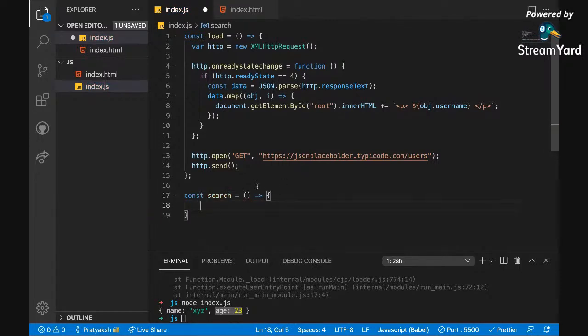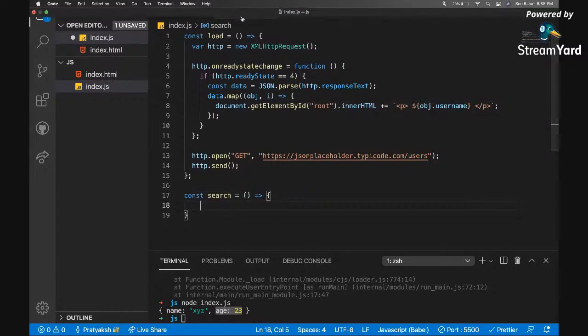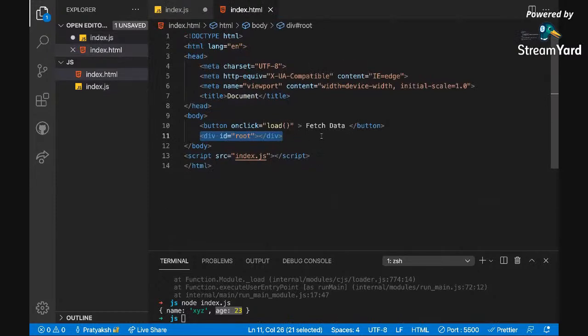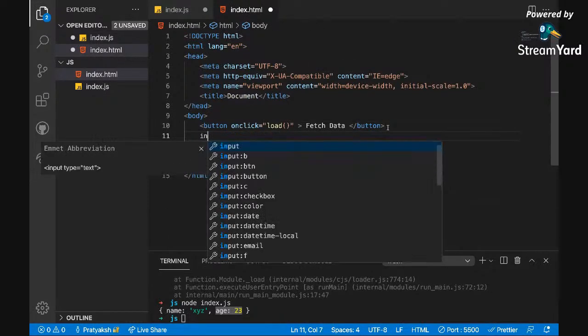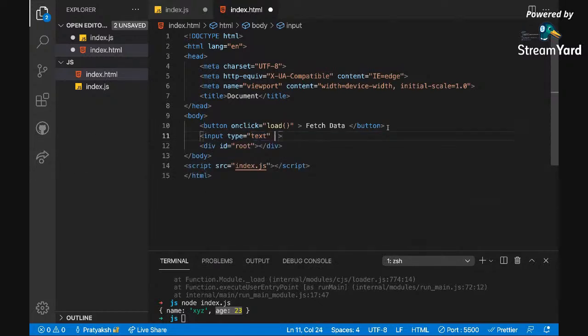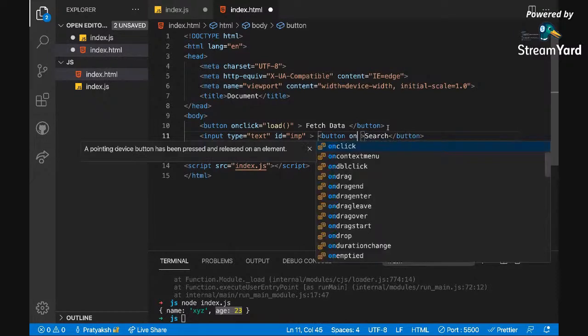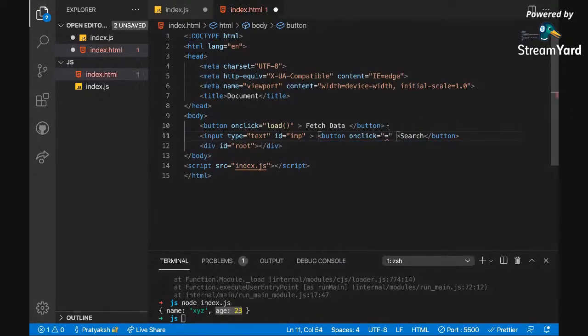What we'll do in this search is create an input box over here with id imp, and then a button saying search, which on click will call the search function.